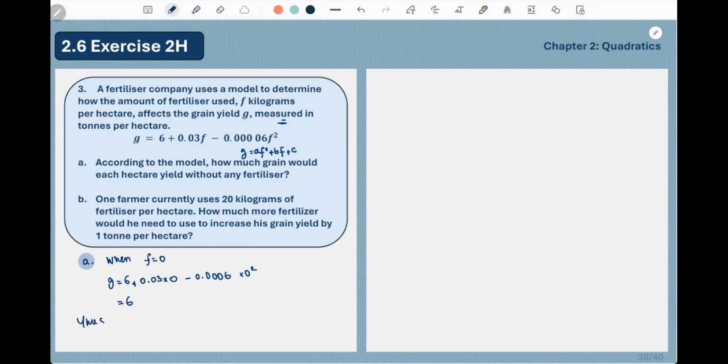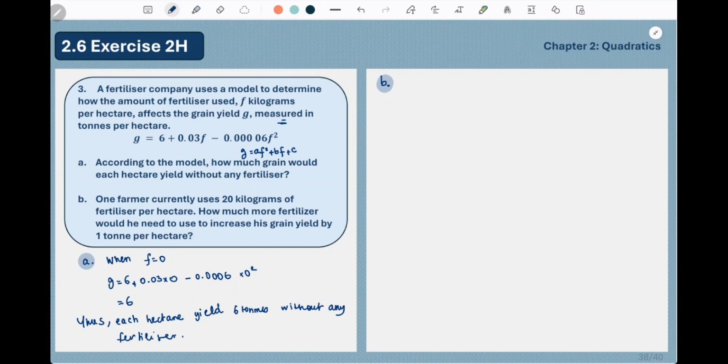Thus, each hectare yields 6 tons without any fertilizer. Easy and simple. So moving on to part B, one farmer currently uses 20 kilograms of fertilizer per